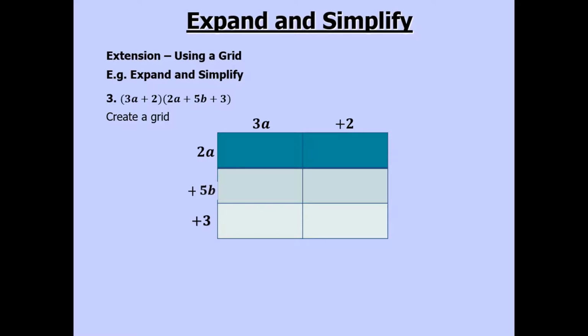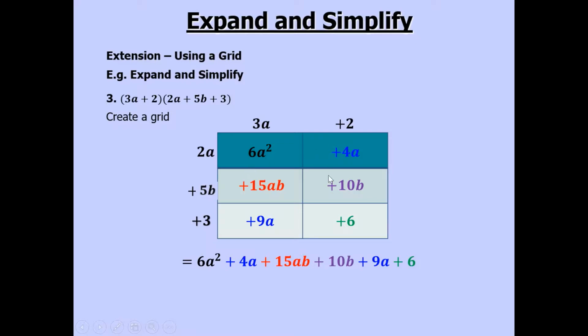And then finding the area of the first section here, 2a times 3a is 6a squared, 2a times 2 is +4a, 5b times 3a is 15ab, and 5b times 2 is 10b, then 3 times 3a is 9a, and 3 times 2 is 6. And then we collect like terms together, so 6a squared plus 4a plus 15ab plus 10b plus